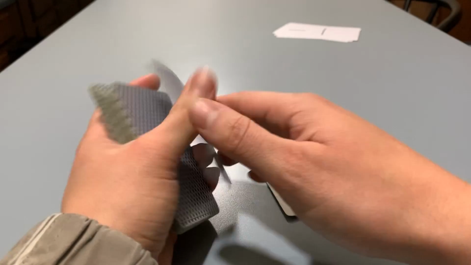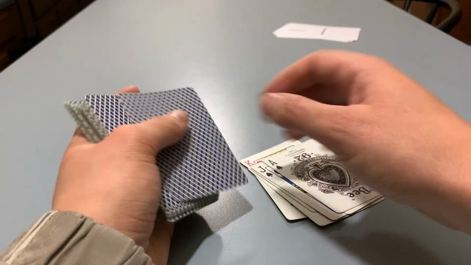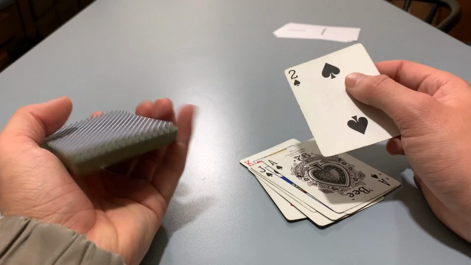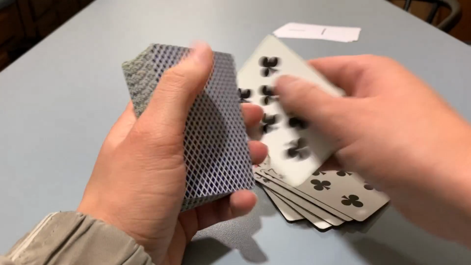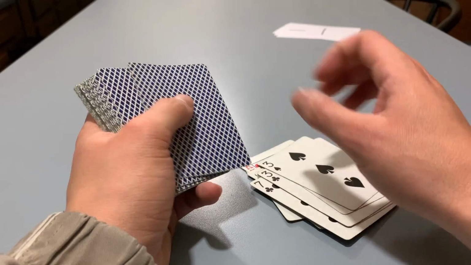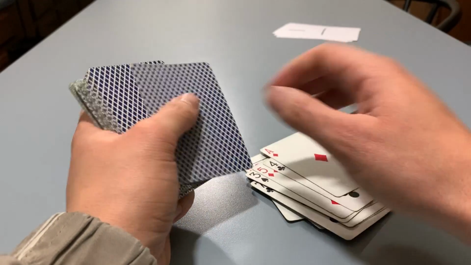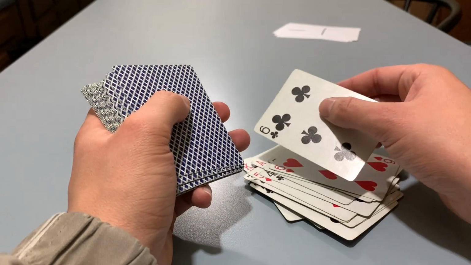0, -1, -2, -3, -4, -5. So we already burned through so many, so if this was a real game, we'd probably want to leave. -4, -3, -2, -1, back to 0, 1, 0, 1, 2, 3, 4,